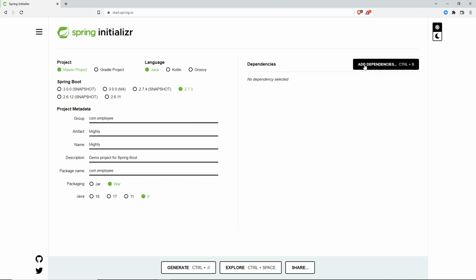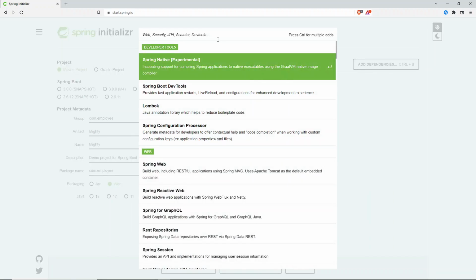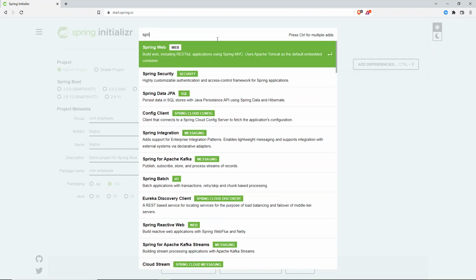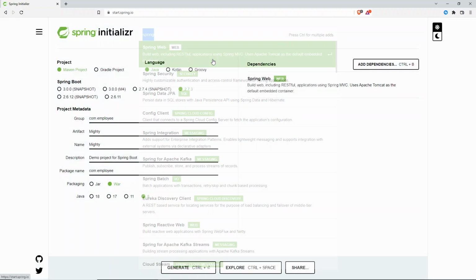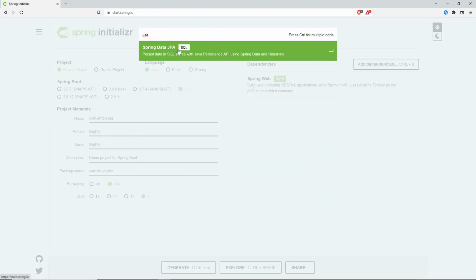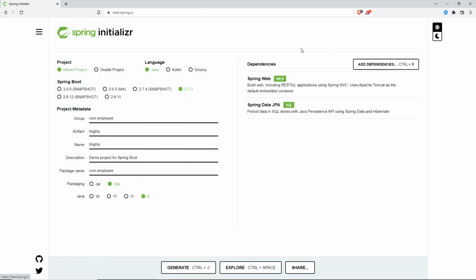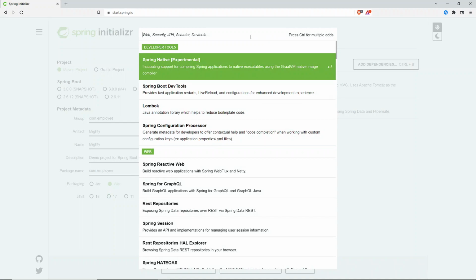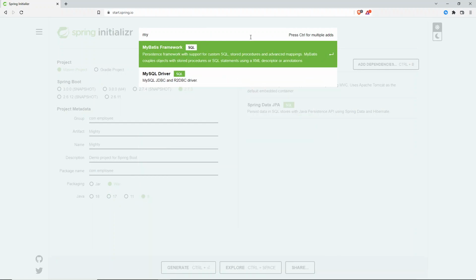The first dependency is Spring Web. The second one is JPA, Spring Data JPA. As you can see, it persists data in SQL stores with Java Persistence API using Spring Data and Hibernate. So JPA, and one more thing you need,